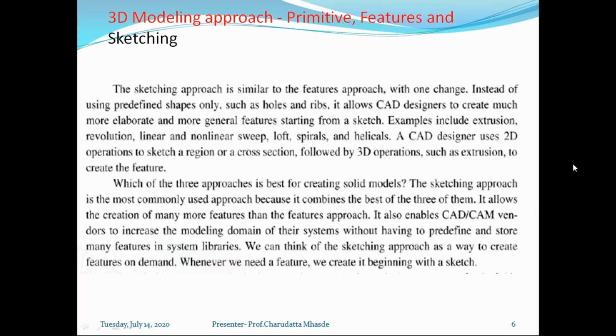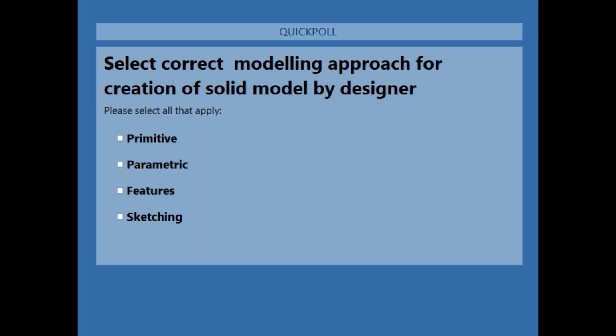Select the correct modeling approach for creation of a solid model by the designer. This is a multiple choice question. One or all answers can be correct.